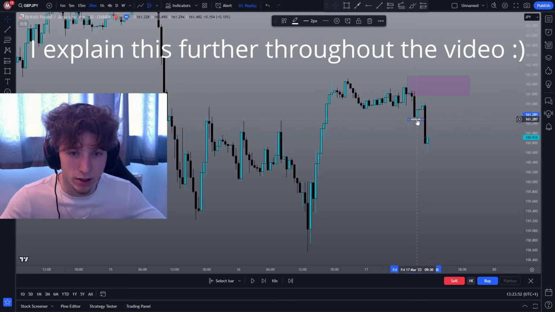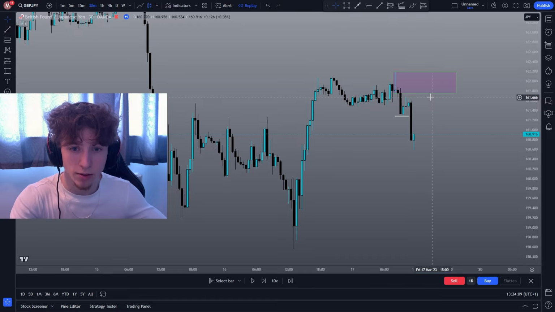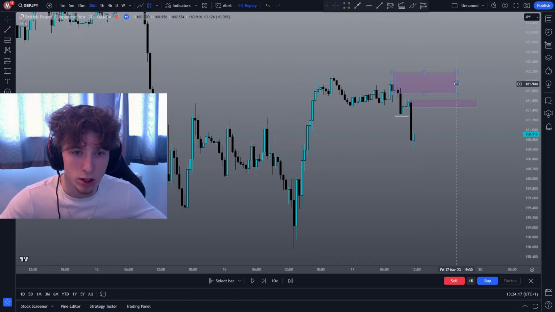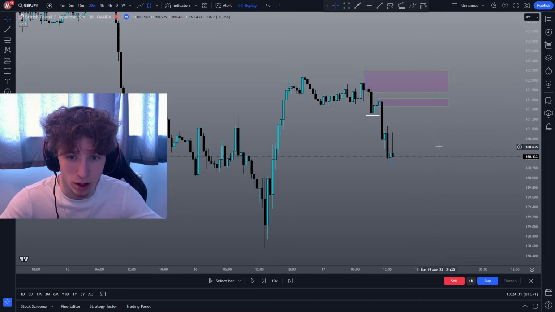Now it is important that we break the low that made the liquidity. So in this case, this is the low that we broke to make this trade valid. And alongside this just being a minor swing to create liquidity, we've also created another supply zone. So we are now left with two supply zones. Now, of course, we can expect price to eventually come up to our normal supply zone,